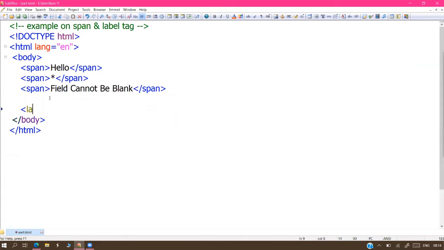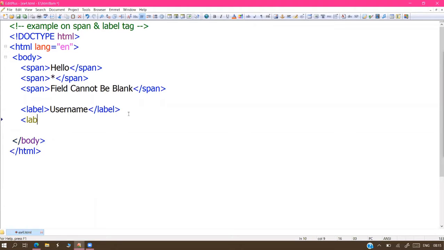See what I'm using here, we'll get a small idea. Label, enter username. This is called prompting. Generally, we see these types of things in login screens and sign-up screens. Enter username, enter password. The word enter may not be available, but the indirect meaning is that only. A user enters here the username, a user enters here the password, enter the mobile number. Those messages we generally print by using the label tag.